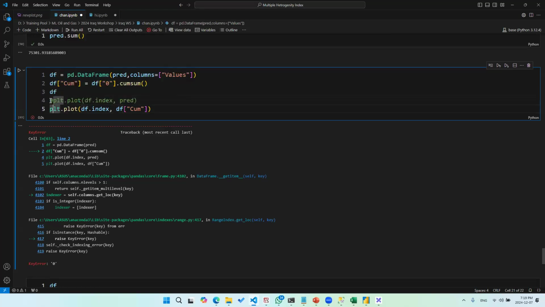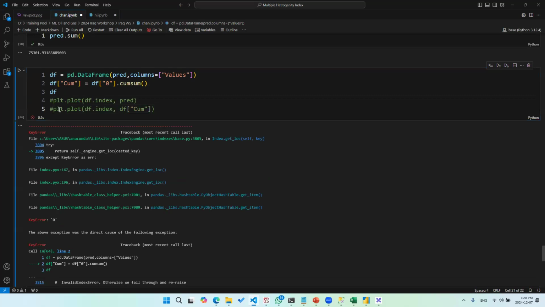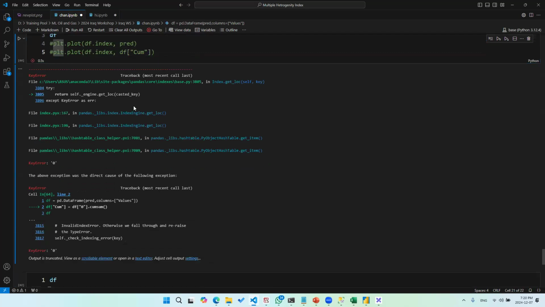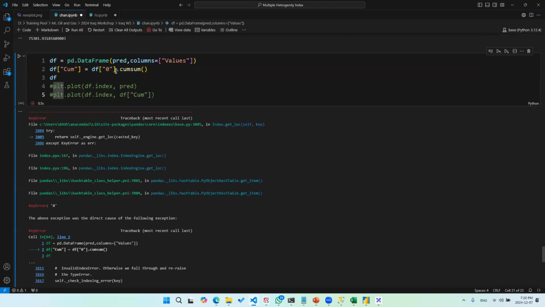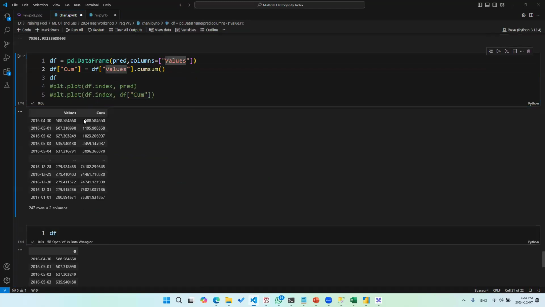So let's check now the values. Let's see if those are working just fine. There we go. Now we have our values and we have our cumulative values.